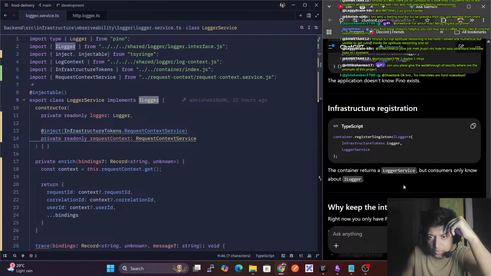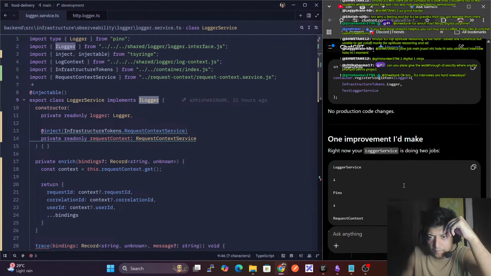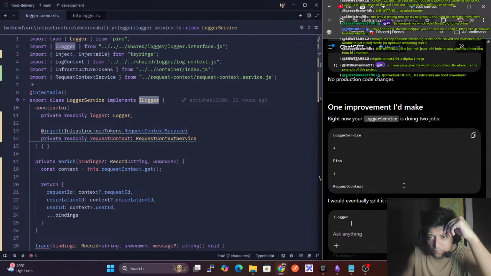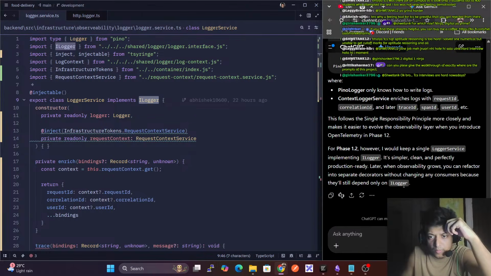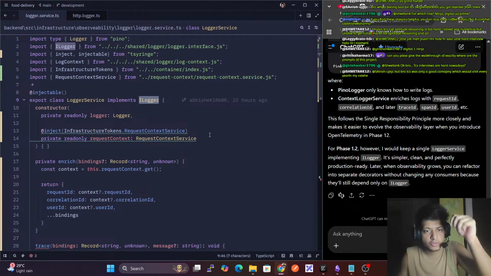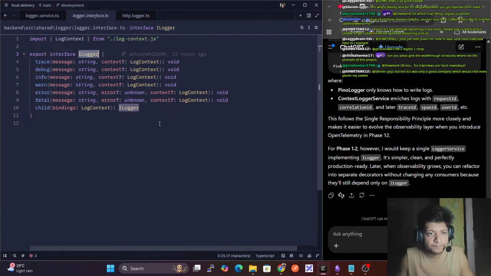Hold on. I would keep a single iLogger service implement iLogger. It's simpler, clean. No change. Okay. So if we go and see the iLogger,